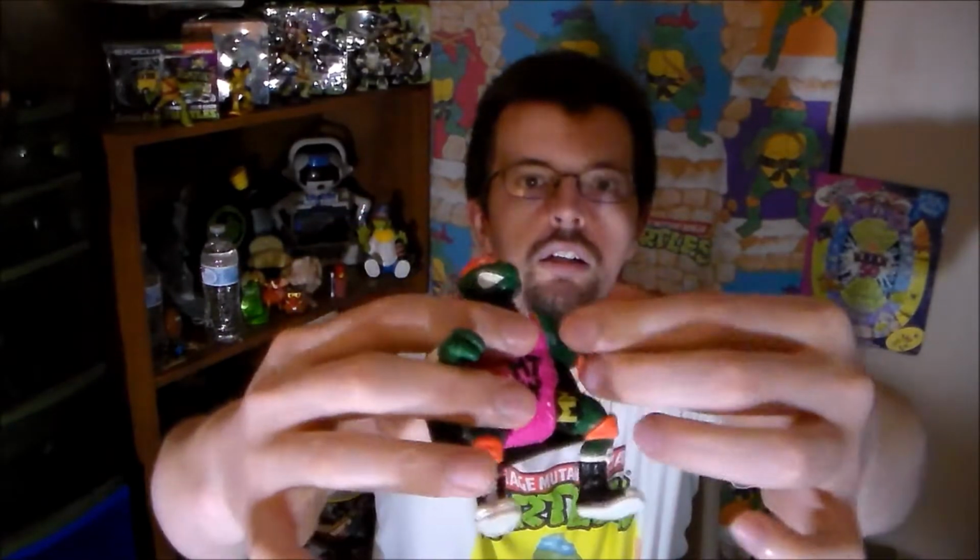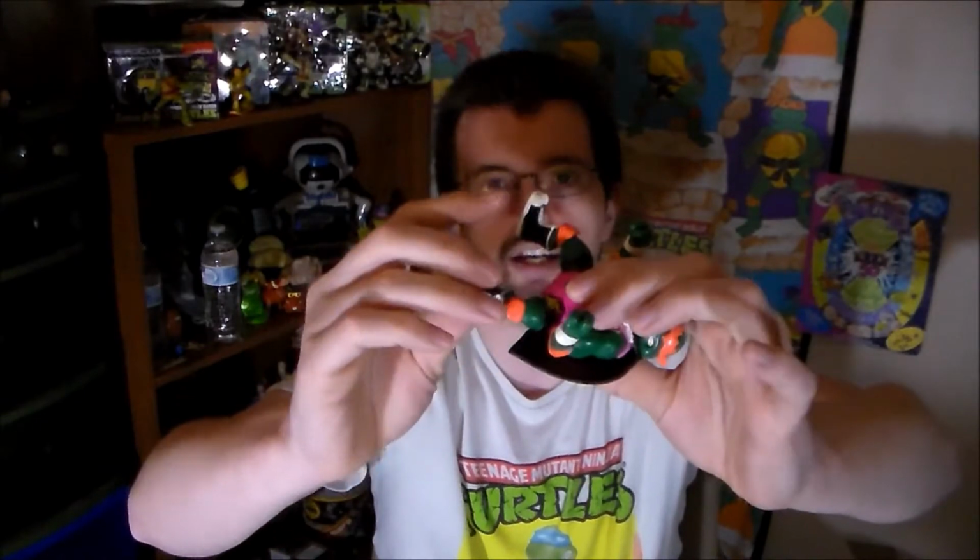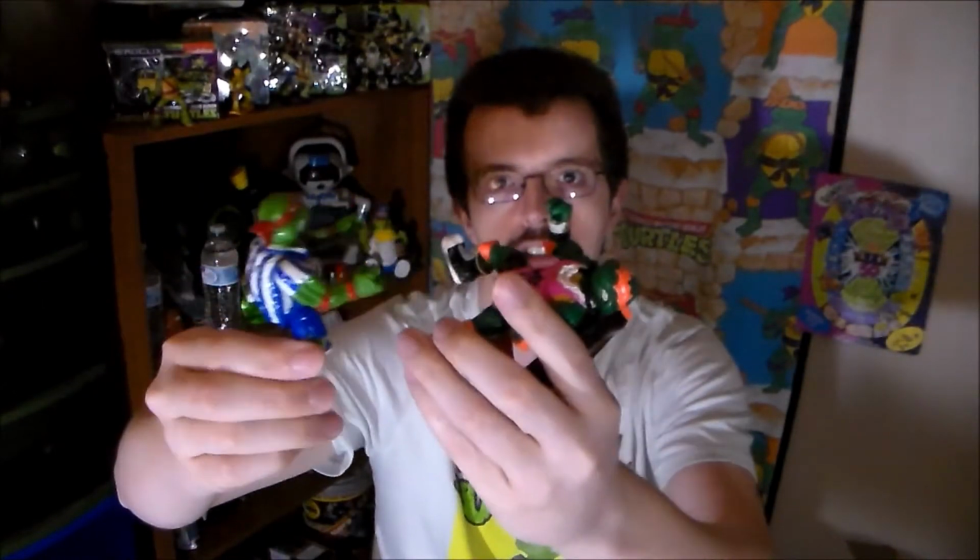And as I was alluding to previously, this guy came with a variant, but we'll talk about that in a moment. He has articulation at the head, you know, 360-degree rotation. He has articulation at the shoulders and the elbows. And neither of the wrists are articulated, but that's fine. And he doesn't really have much articulation in the legs, because he's basically just got a kick-out feature. Like, if you've watched wrestling and you see one guy get pinned by another guy, and the referee starts going, 1, 2, 3, and before they can get to the count of 3 or the count of 4 or whatever, the guy kicks out like...